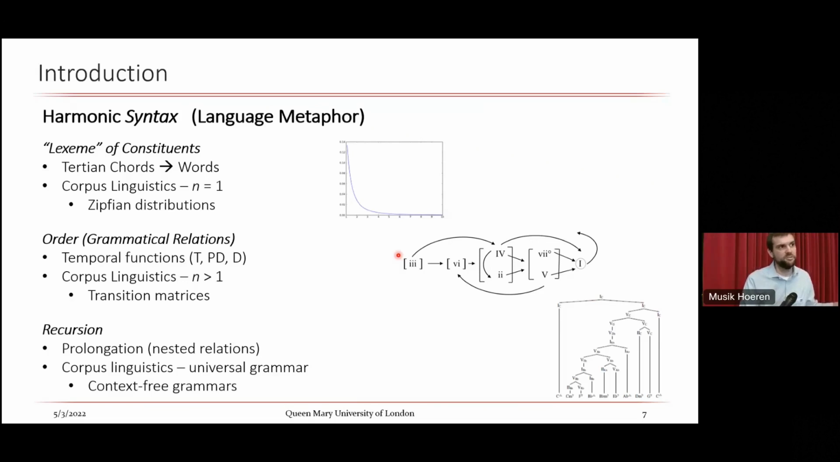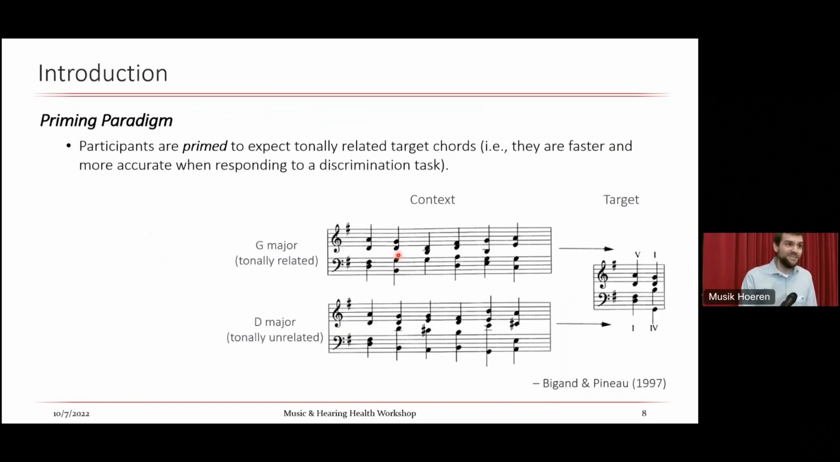Just like you get a noun phrase within a noun phrase within a noun phrase, in recursive grammars, you can do the same thing for tonal harmony, a tonic phrase within a larger tonic phrase, and so on. So what behavioral evidence do we have to suggest that listeners are actually processing harmony the way they process natural language? Well, we know from the priming literature in harmony that participants are primed to expect tonally related target chords. That is, they are faster and more accurate when responding to some discrimination task if the target chord is tonally